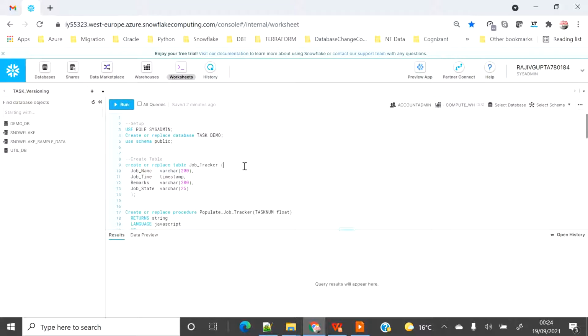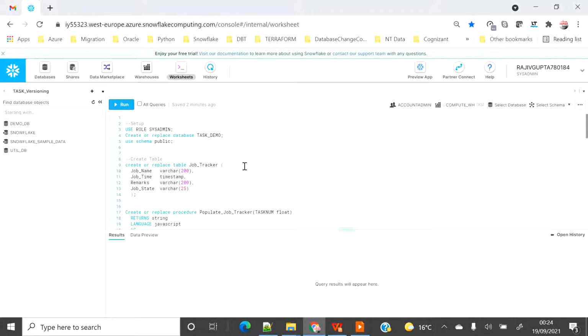But in the case of a child task, you will not be able to modify it. Modify means, if you want to modify the SQL statement inside the child task, you will not be allowed because the root task is running.